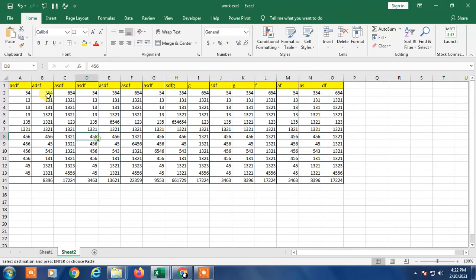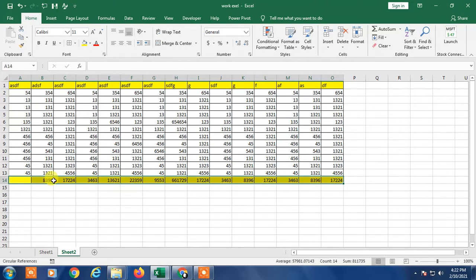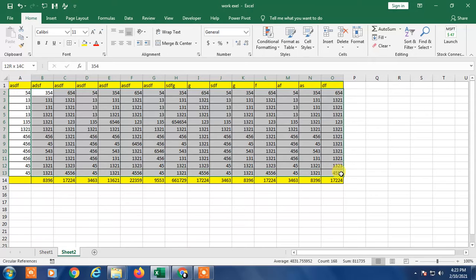Others can edit. Okay, so in this case I have this sheet, and this is the formula. Okay, I just mark it. You can see there is a formula, and this is the total data. So if I want to lock only those cells that have formulas, and keep the other cells editable by others.